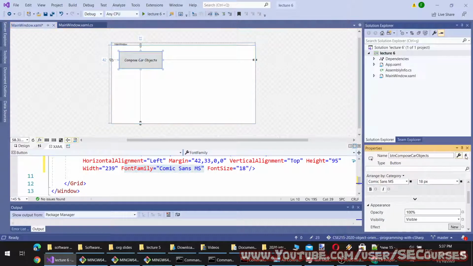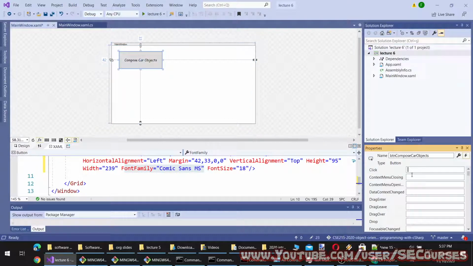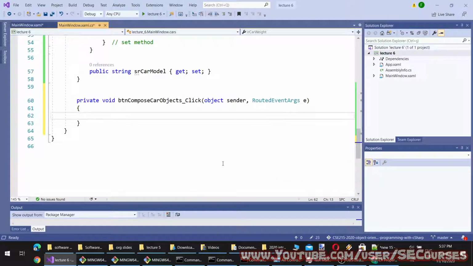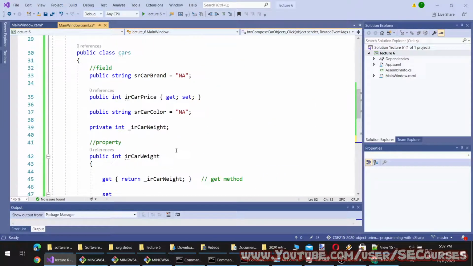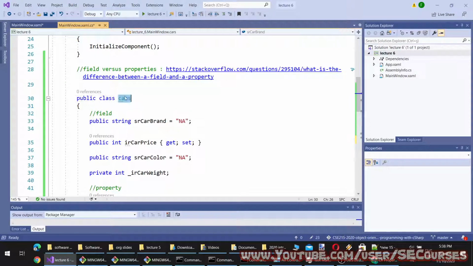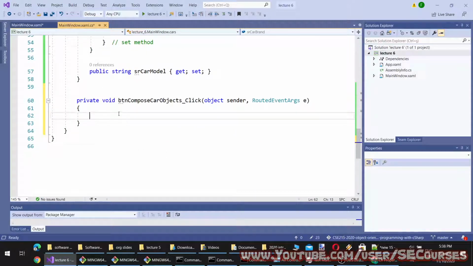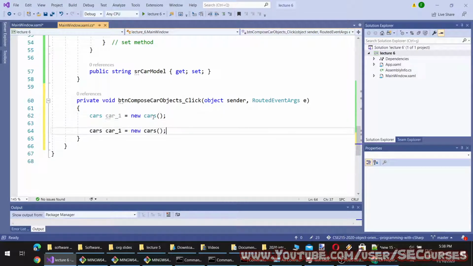Let's add an event, which will be the click event. I'm double clicking. From this class we are going to compose car objects. My car equals new Cars, or let's say car 1, and then let's compose another car, car 2, new Cars.